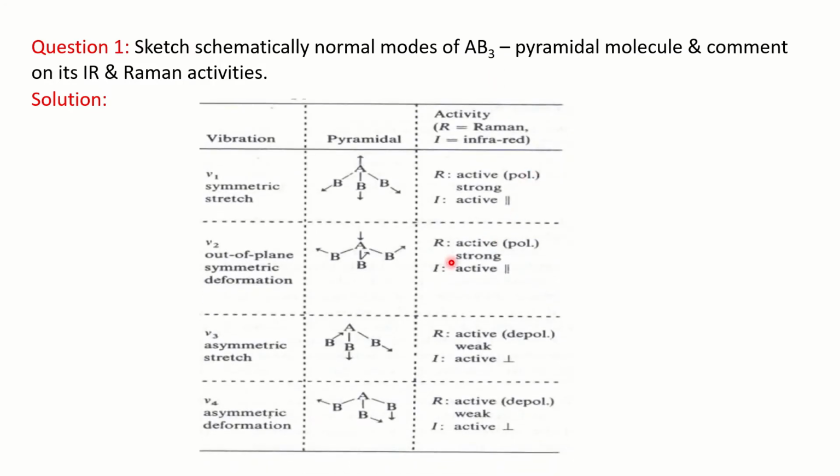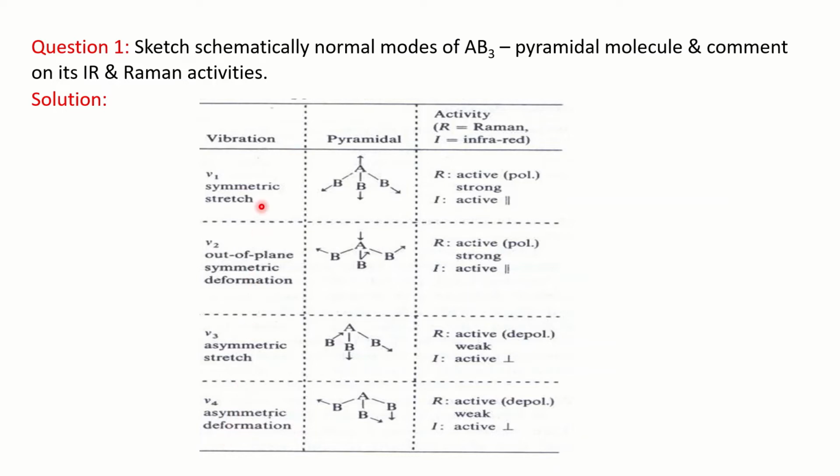So basically you just have to draw this table for this above question where you can see pyramidal molecule. So you should be aware of how to draw the structure of pyramidal molecule. Once you draw this pyramidal structure, then what all possible vibrations are there. Since it is a non-linear molecule, we know 3n minus 6 is the formula, where n is the total number of atoms. It is 4 here, A1 and B3, so 1 plus 3 means 4 atoms are there. So total 6 vibrations will be there.